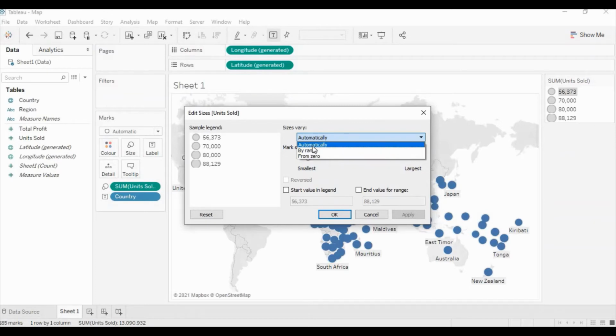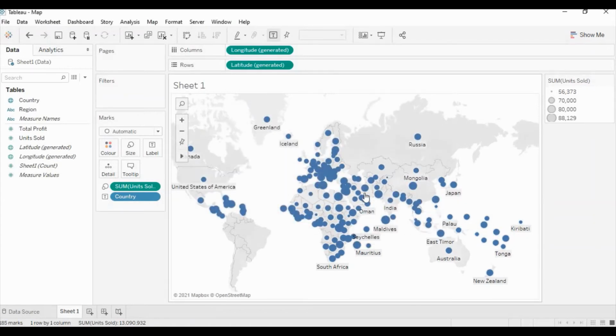Currently it is automatically selected. Once you select by range, you can see the size is very small for around 50 sold and then it increases a little bit. If you click OK, you can see the size of the circle has increased or decreased as per the number of units sold.